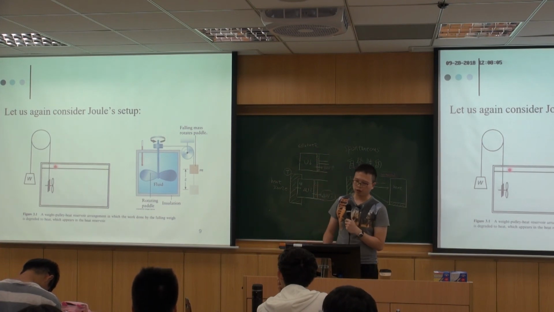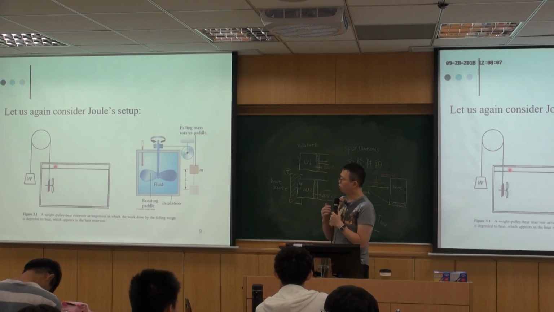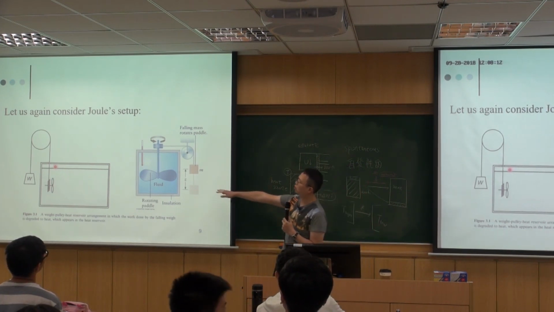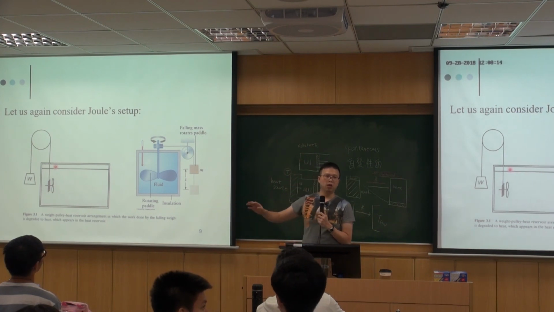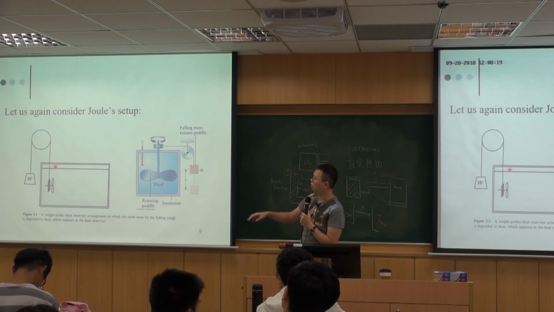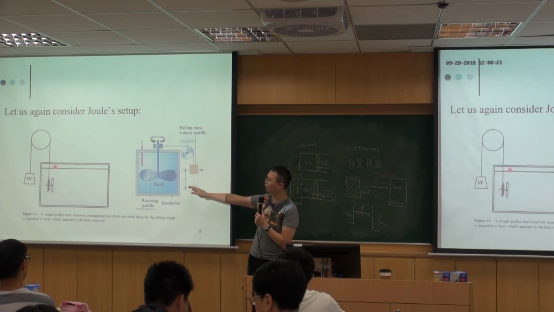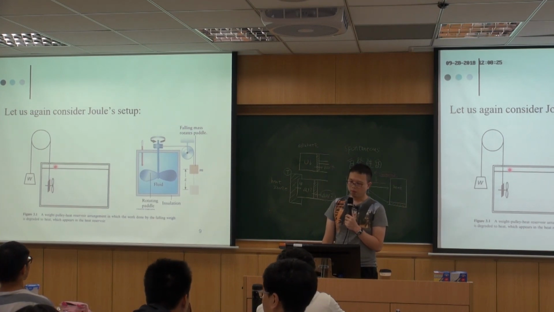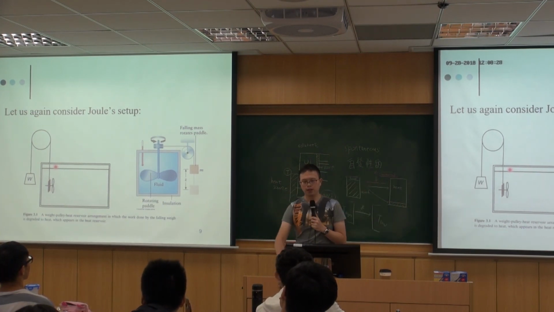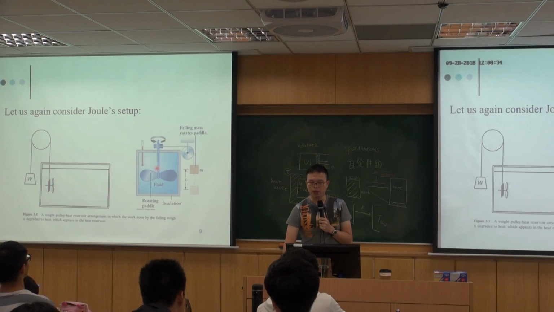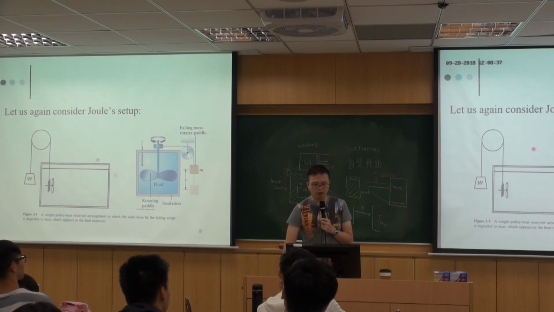So if you are reading this, please bear in mind that although the schematic is similar to the original Joule setup, the argument that the author is going to make is fairly different from Joule's experiment. Because in Joule's experiment, the temperature of this fluid is changed by the heat being dumped into the system. But in this case,